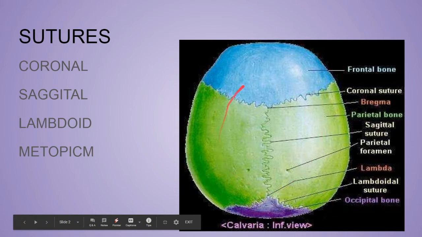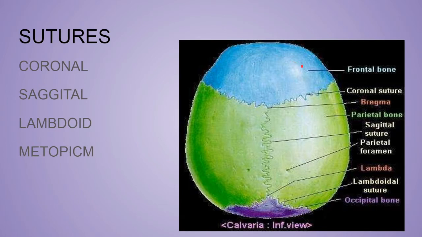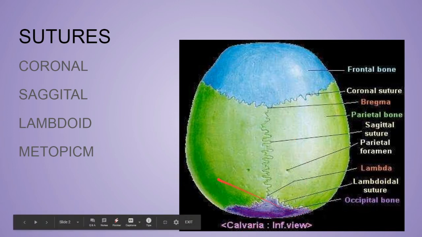And the skull is usually oval in shape in the norma verticalis. Now it is wider posteriorly, as you can see. This is the anterior portion, the face portion, and this is the posterior one. So it is wider posteriorly and narrower anteriorly, and the shape may be more nearly circular or oval.